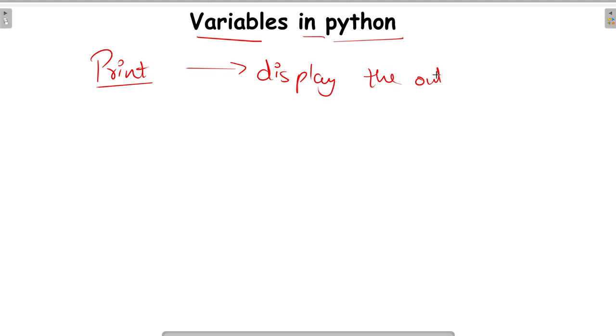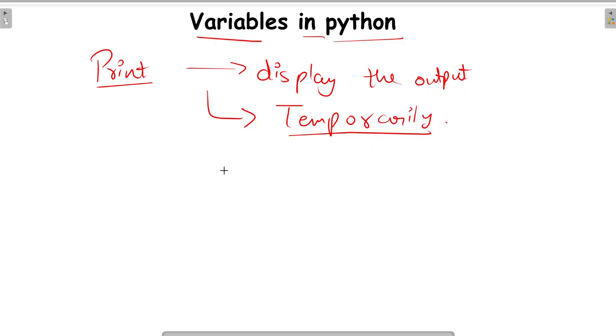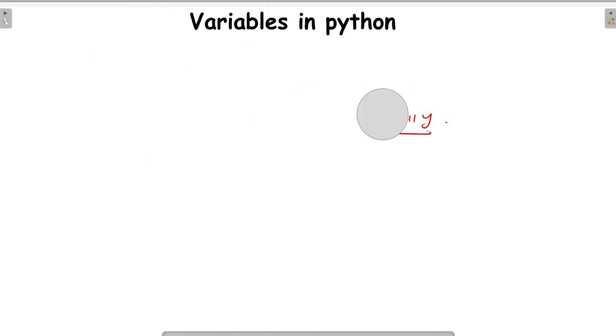But that output is displayed only temporarily, because you do not have any storage of it. If you want to retrieve it again, you have to write the same print command again. But now we will learn about what happens if you store a value somewhere and then reuse it.